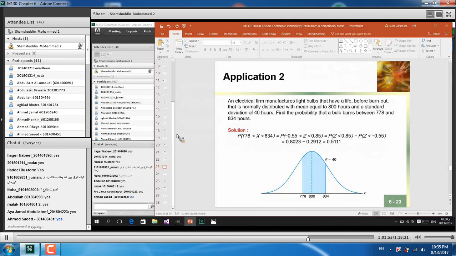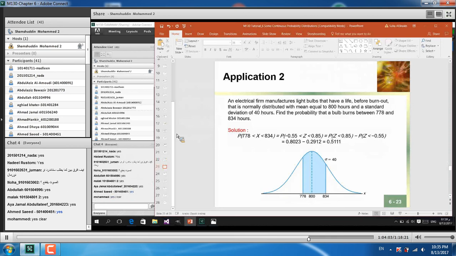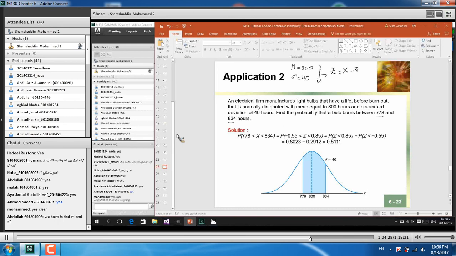There is one more example, one more real life application here. An electrical firm manufactures light bulbs that have a life before burnout that is normally distributed with mean equal to 800 with the standard deviation equal to 40 hours. Find me the probability that bulbs burns between 778 and 834. Clearly we need to change this to the standard X minus mu اللي هي 800 على السيجما اللي هي 40